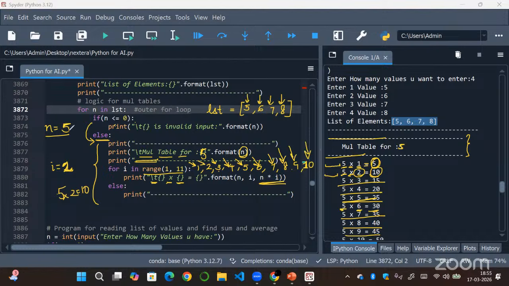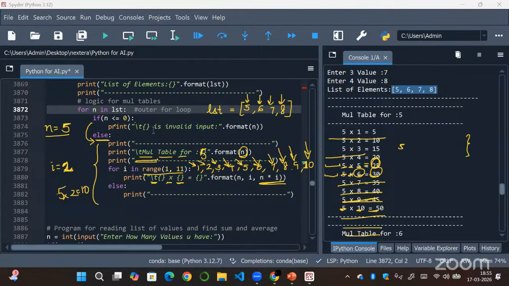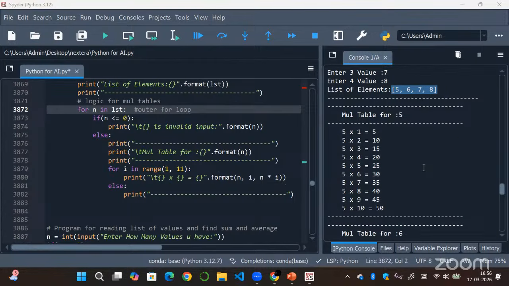So we are done with all the values for multiplication in the multiplication table of 5. So our n value equal to 5, and I has been iterated from 1 to 10 values. And it gave us the multiplication table of 5. So after completing this for loop, as the loop hasn't been broken anywhere and it's been executed normally, the else block for this inner for loop will be executed and it will print a line for us. So this line will be printed, and then after completing this,